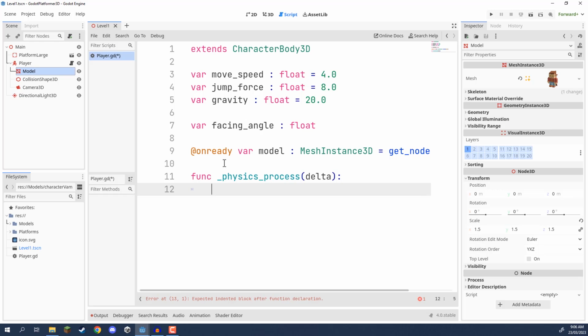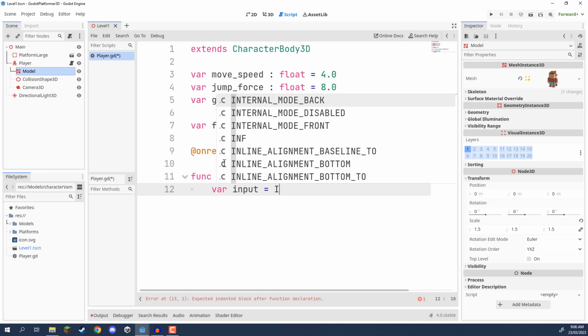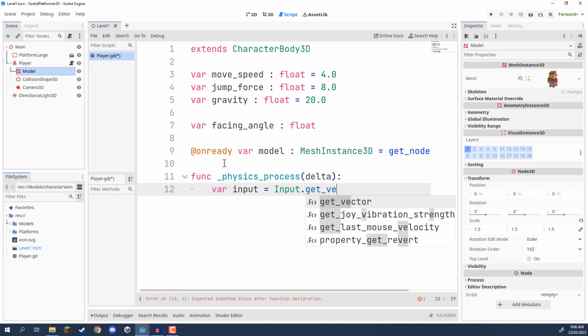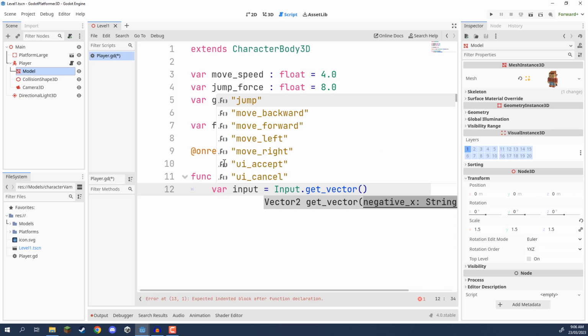So inside of this function, we are going to be detecting our movement inputs. Now, to do this, I'm going to create a variable called input, and this is going to be equal to Input.get_vector. Now, this Input.get_vector is a very handy function because it can take in a number of different inputs, well, 4 inputs, and give us a movement direction. So you can see here, we need to give it a negative x, a positive x, a negative z, and a positive z. And this is going to basically convert those inputs into a direction vector,